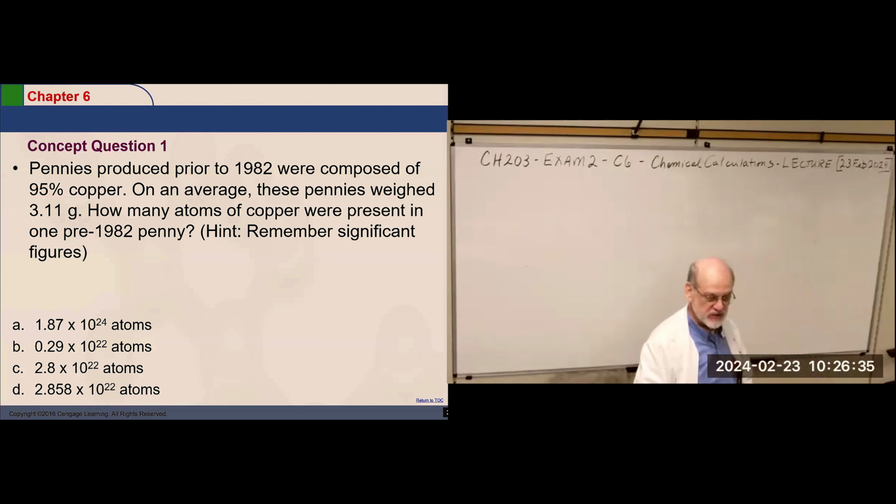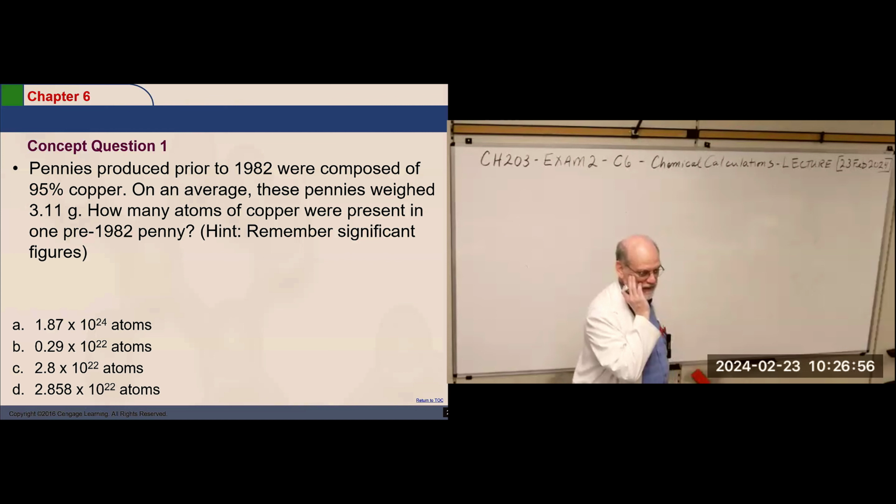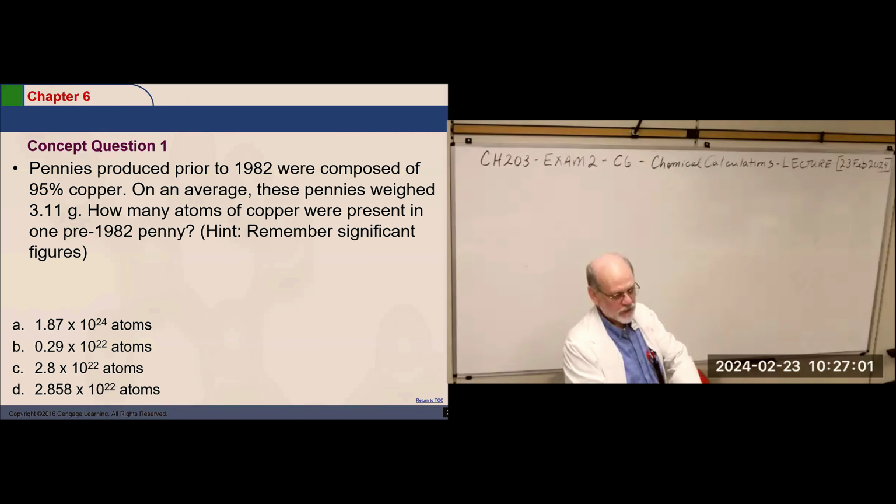You're actually removing the intrinsic value of your currency. And the reason the government did it was because to make a penny, it costs more than a penny. The value of the copper in a penny is more than the value of the penny as currency. So that's why they dumbed it down. They did that with all silver coins too,